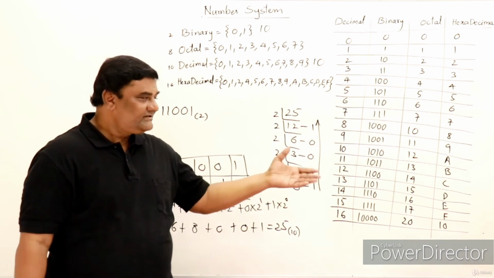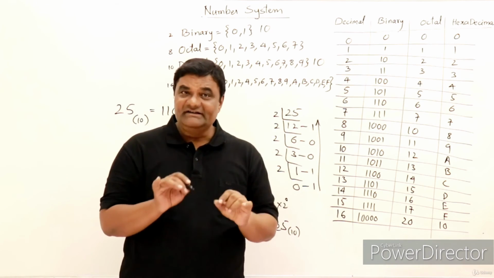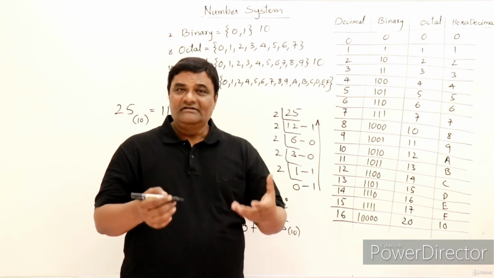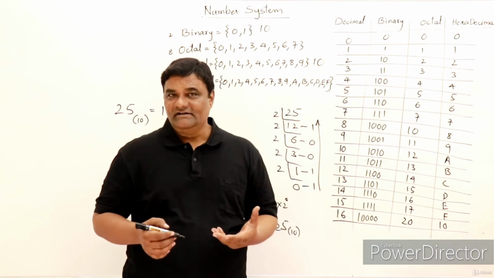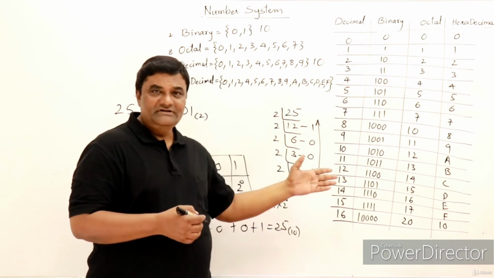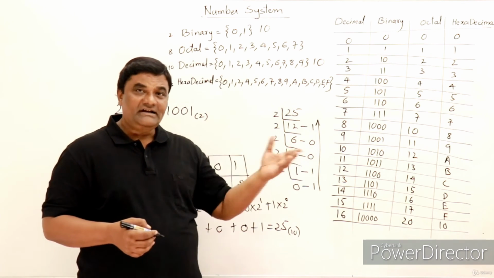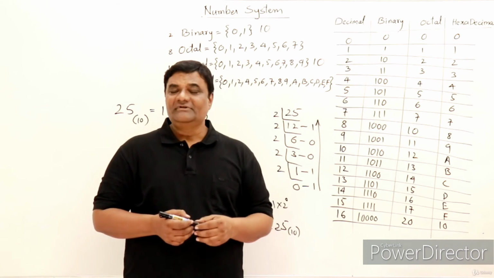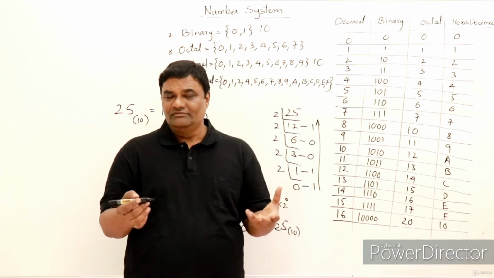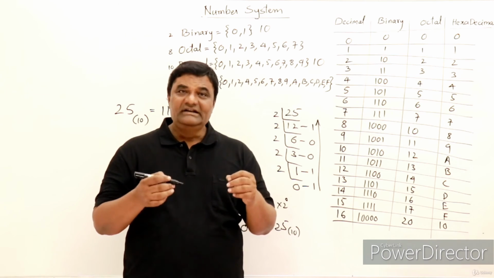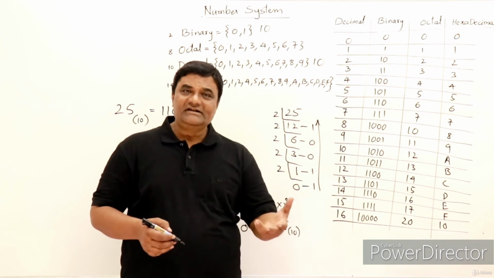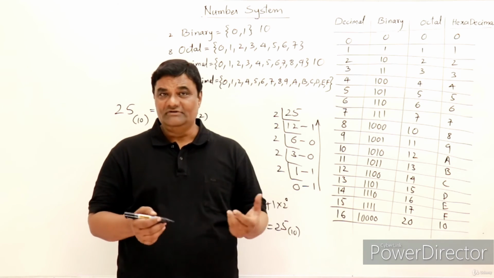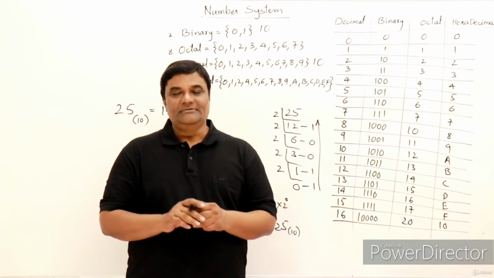Procedures like this are used for converting them using pen and paper. Electronic circuitry internally handles these things. For humans, we follow these conversion methods to understand how it is represented in binary form. So knowing about the number system will definitely help you and give you a detailed understanding. It is also associated with some other subjects, where it will be very helpful. That's all about the number system.